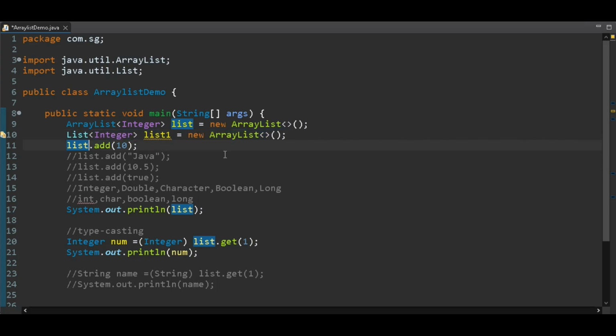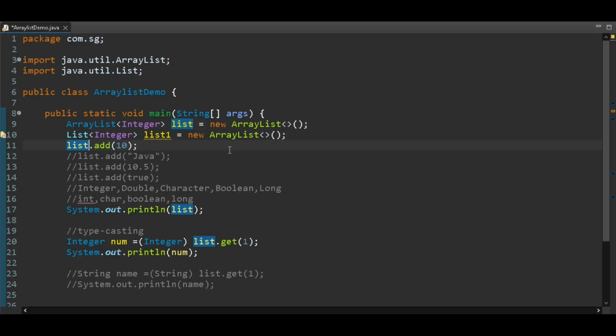Just think you are a Java developer developing an application where you are using an ArrayList, and you write your code specifically based on the ArrayList class. But after a few days your requirement has changed and now you decided to use LinkedList instead of ArrayList. So what will happen? You may need to make several changes to your existing code because your code is tightly coupled to the ArrayList implementation. In other words, your code is directly dependent on the specific implementation class like ArrayList, right? And that's the problem.